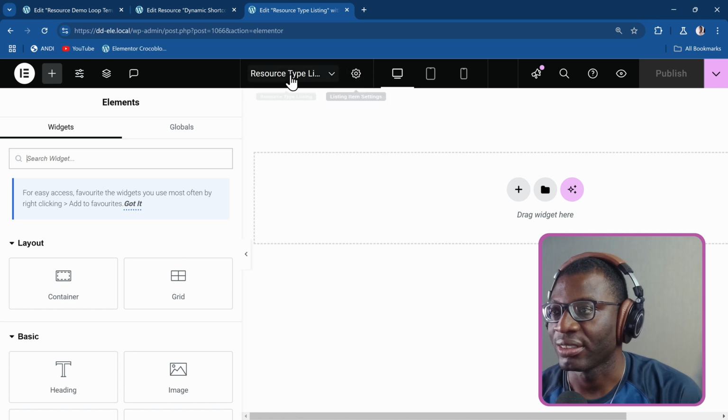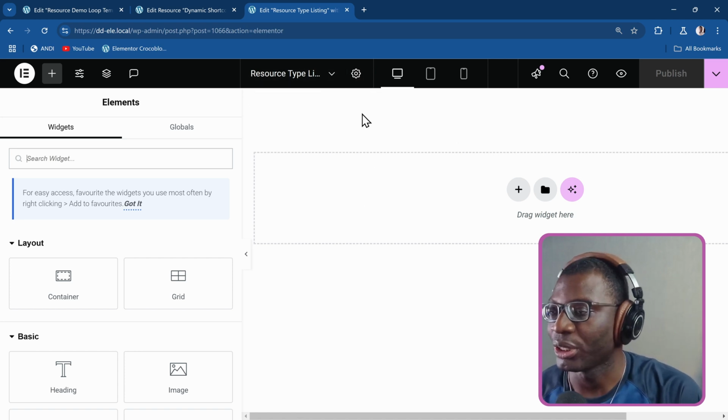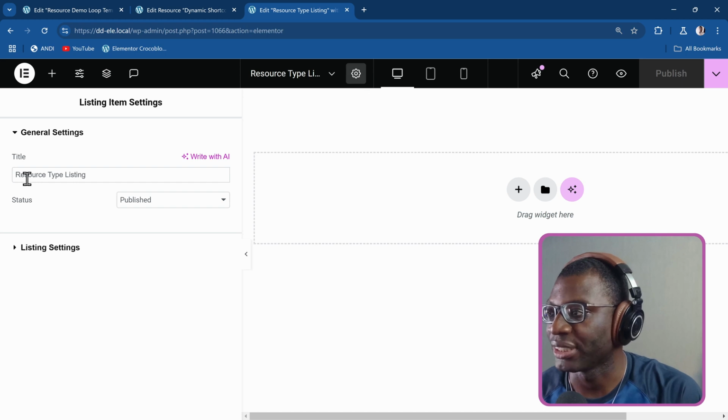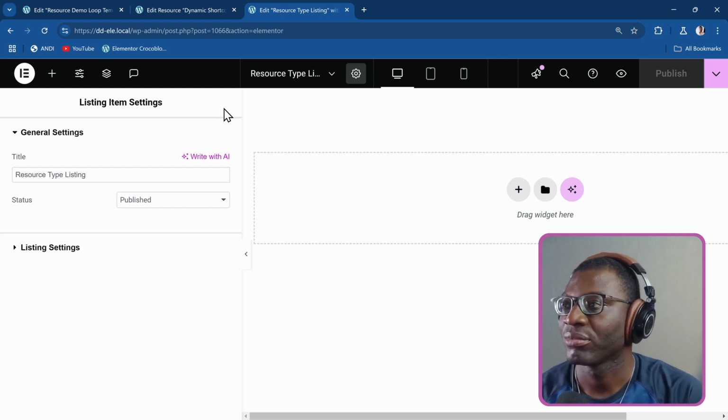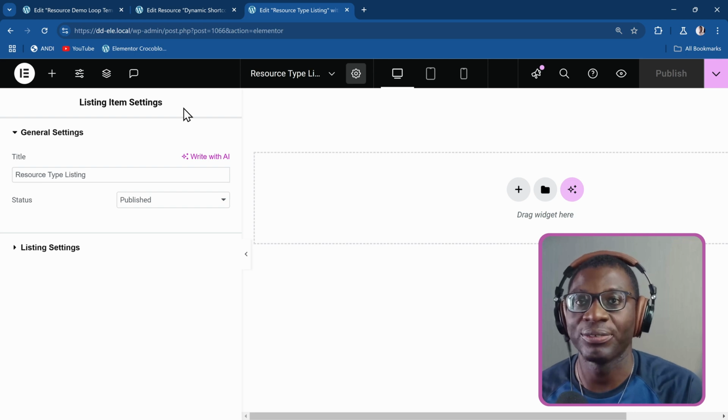Thankfully, it's already been named from when we named it, so we don't have to name it again. This is from the settings. This is what we named it. So the only thing I'm going to do here is, first, let me go ahead and even see what we